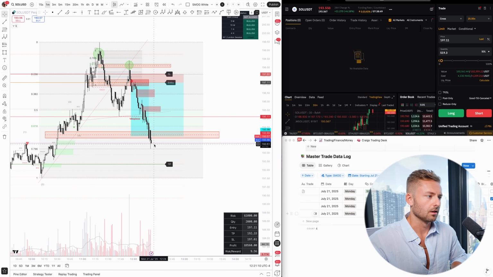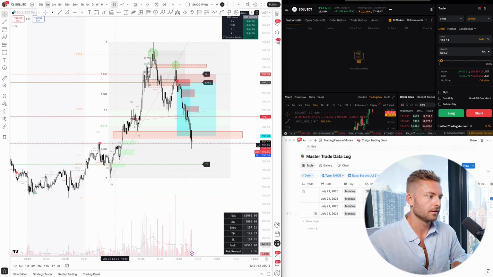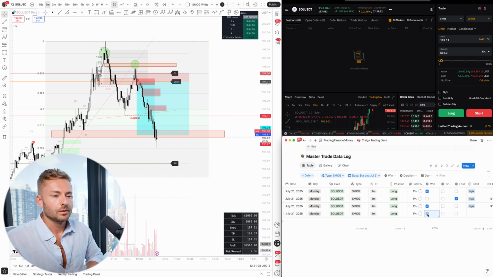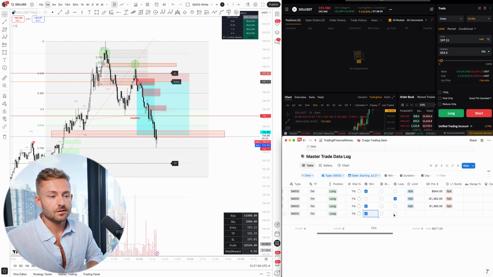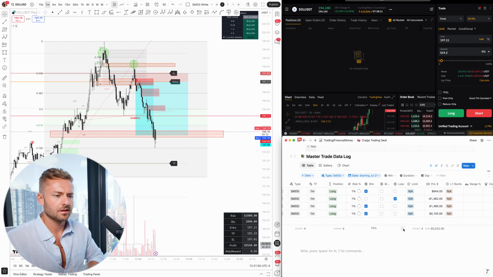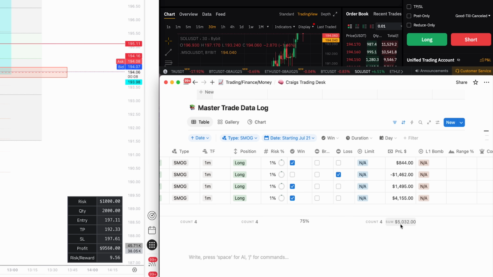So it looks like we're going even lower, which honestly, I think we'll get eventually some support along here. If it was going to be in one of these areas, I thought, unless we're just going to reverse the whole day. Doesn't matter, we're already out now. So we got another win on the books, 75% win rate, which is really, really good. So we're starting to bounce now off of the 78.6 level. All right, so currently that puts us at a 75% win rate with just over $5,000 locked in for the